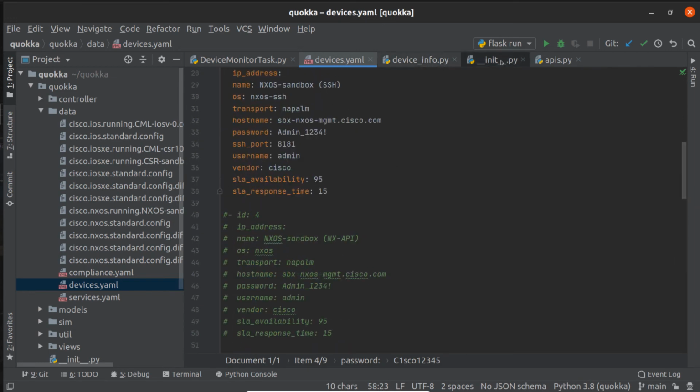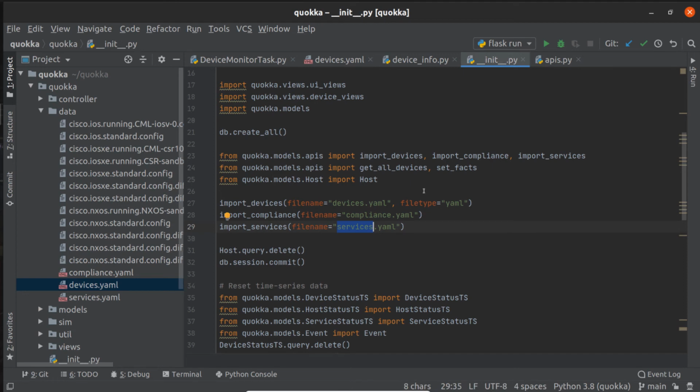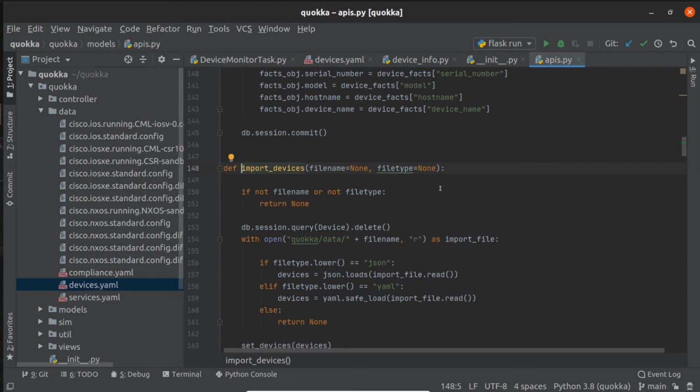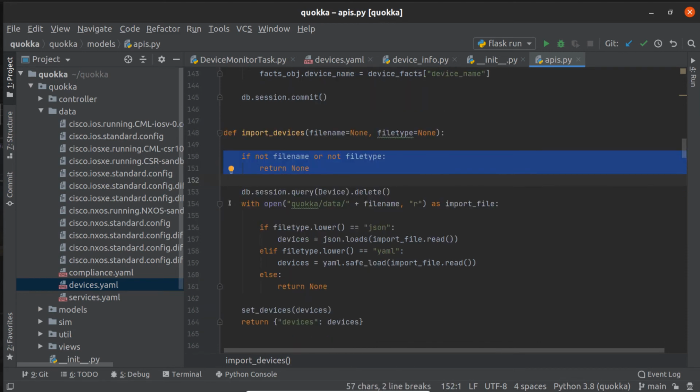So going back to my initialization code, how is this actually going to be capturing that YAML file and incorporating it into Quokka? I'm going to dive down into this file and we can look at what it does. Now, first, I'm going to check to make sure that the information is passed in correctly. The next thing I'm going to do, and this is every time I start up, this is probably not what you would do in a real live product, but